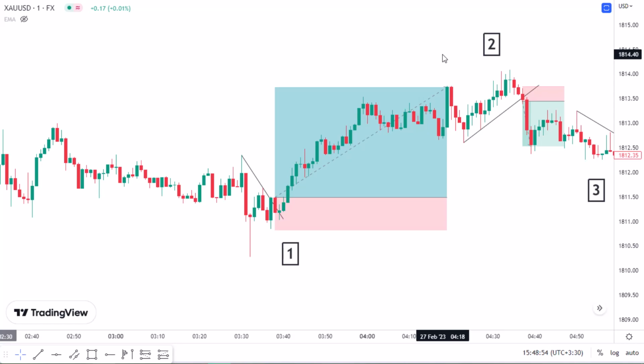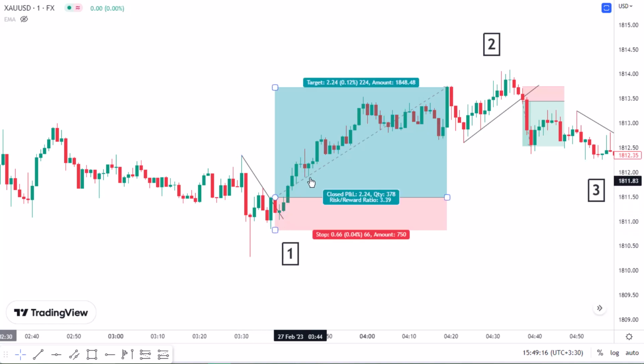Here we are on the gold chart, 1 minute time frame, 27th of February 2023, and we're gonna see the positions one by one. As you can see on the first trade, we have a trend line with one touch, two touches. On the third time it breaks it here, we enter the position, buy positions, put our stop loss below the candle, and look for risk to reward 2 at the first of our position,